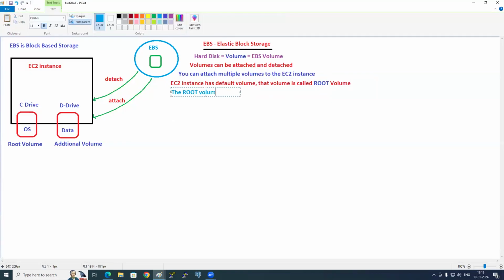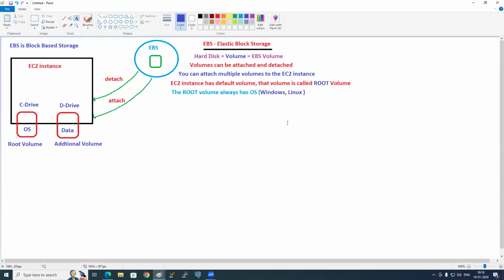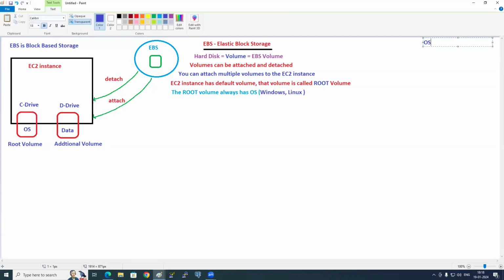The root volume always has the OS, the operating system. What type of operating systems? Maximum you will get these two, Windows and Linux.